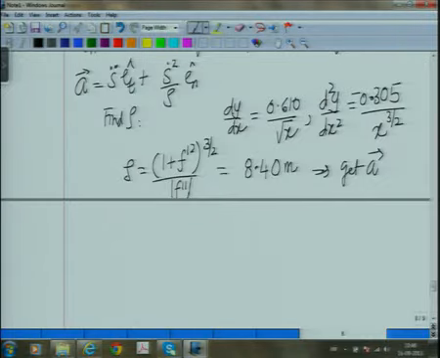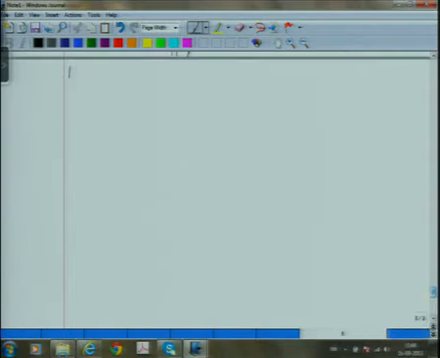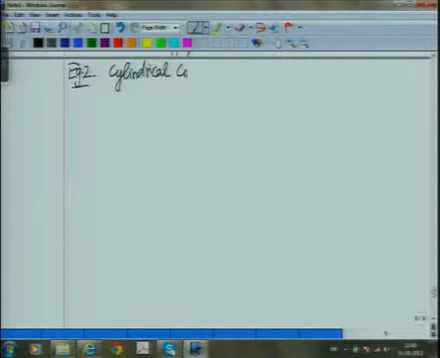Now let me take another example of cylindrical coordinates. We had done cylindrical coordinates last time. Let's take example 2. And this is to show you that actually cylindrical coordinates are very easy. All you have to do in these problems is to work out what is r, theta and z. So here I have